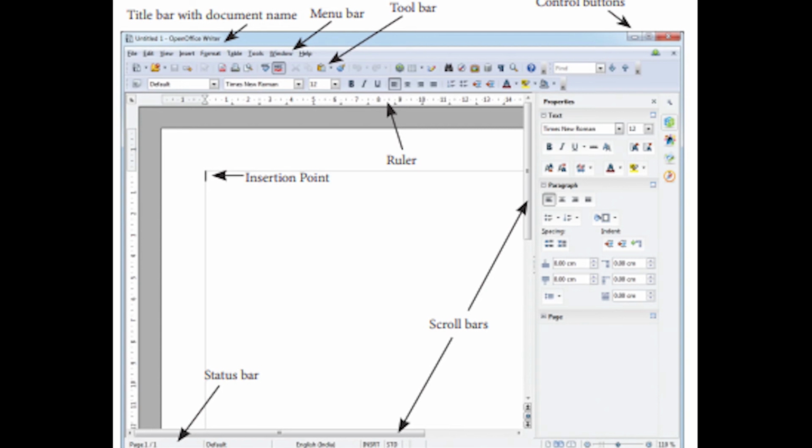I'll tell you one more thing. When you are closing, it will ask whether you have to save the document. Or if you want to save it, you can go to File and Save. The shortcut to save a document is Control and S. Okay, the S alphabet will be there in the keyboard, and CTRL, that is the control key. You have to press the control key along with the S key. So that is the shortcut for saving.